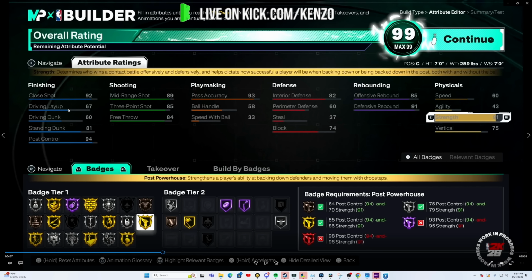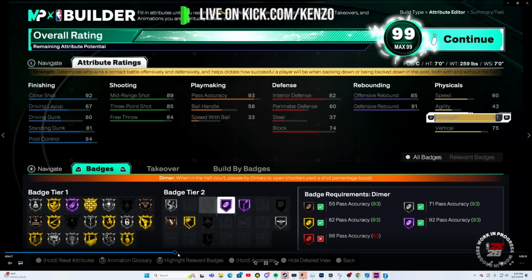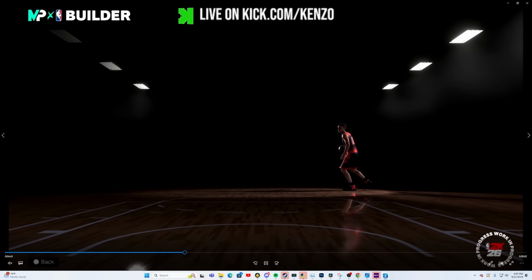Again, use this build as a template. If you like it, you can make adjustments to it. Switch it to your liking, based on your play style and how you like to play 2K your way. So yeah, this is just a template. It's not set in stone here. So the build is going to come out, once I'm just going through the badges here, as